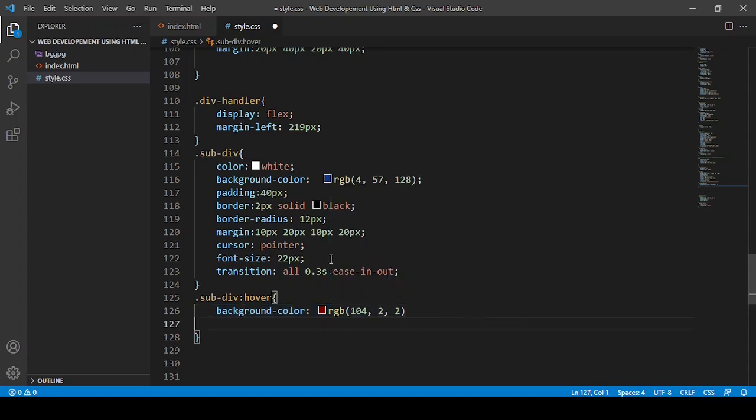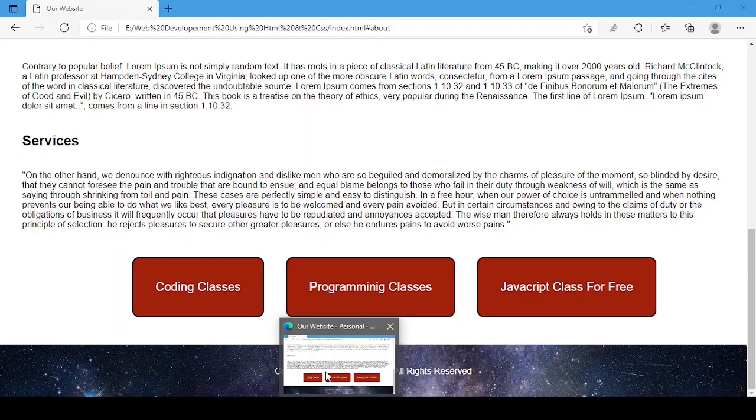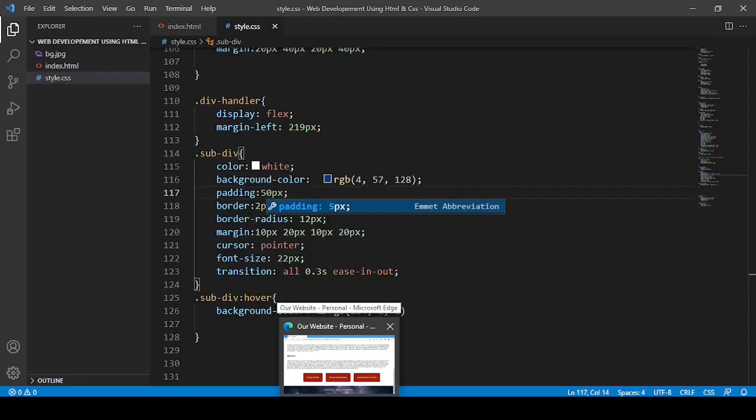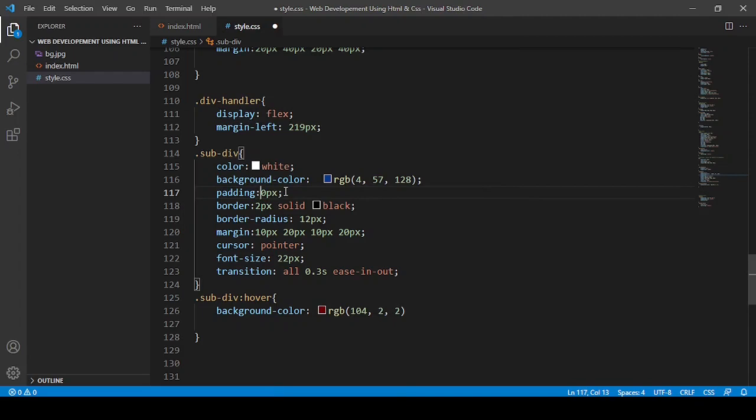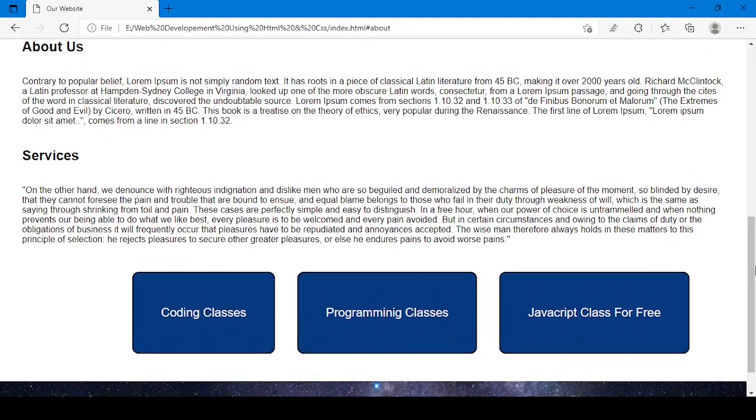Yeah, and in the padding, I can increase the padding from 50 px. Now I think from the top I want the padding to be 60 px, and then 50 px, 60 px, and then 50 px. Yeah, and then let me reload it.